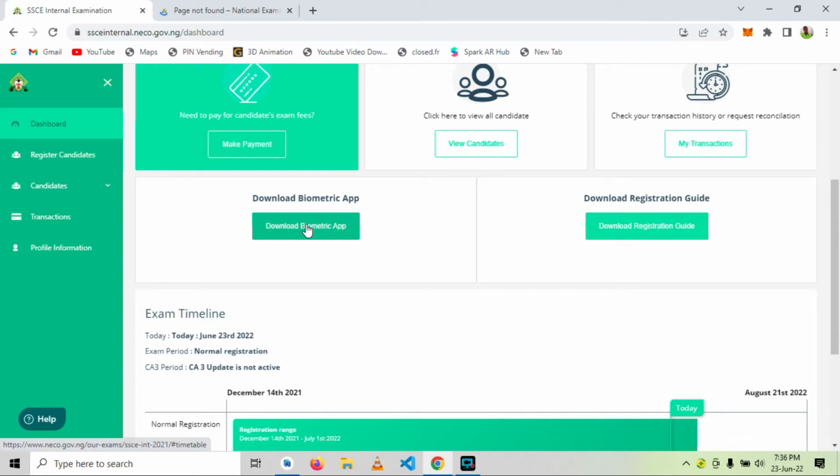So I'll just click on this just to start the download, because we would need the app very soon. Now the problem with these two